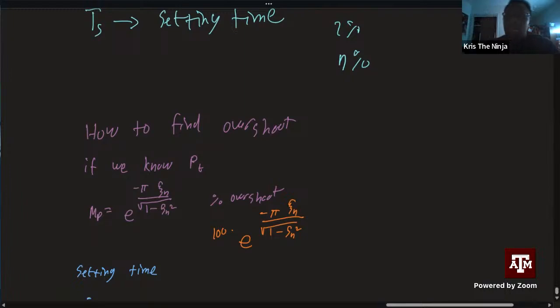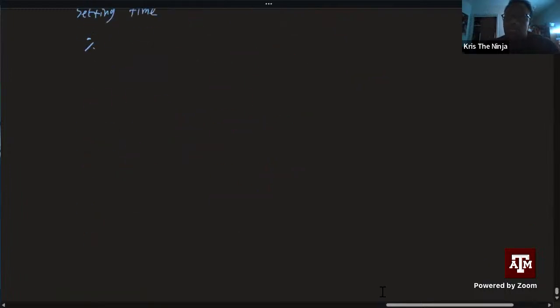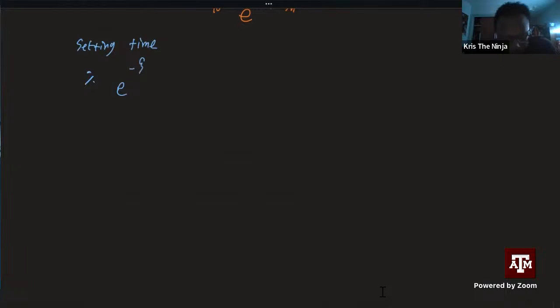That's going to be e to the minus zeta n omega n times t equals 1%. The 1% settling time also equals